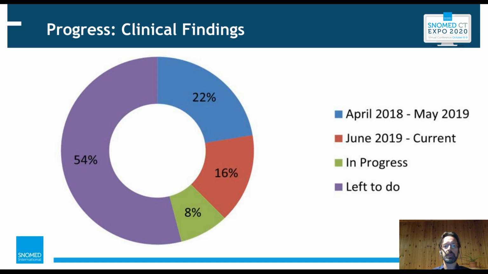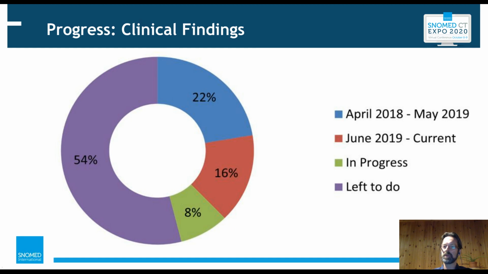So just to conclude, I thought I should say something about our progress. We started in 2018 looking at individual sub-hierarchies, and we got as much juice as we could from squeezing that lemon. And now we've moved on to working with groups of concepts selected by expression constraints, because those concepts we're interested in, that adhere to a single template, might appear across several local sub-hierarchies, but they all have attributes in common. We've previously shown progress has been at over 50% of clinical findings,